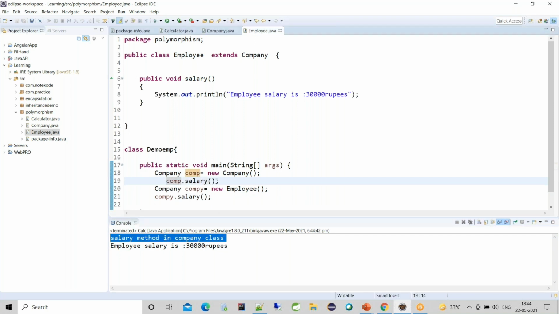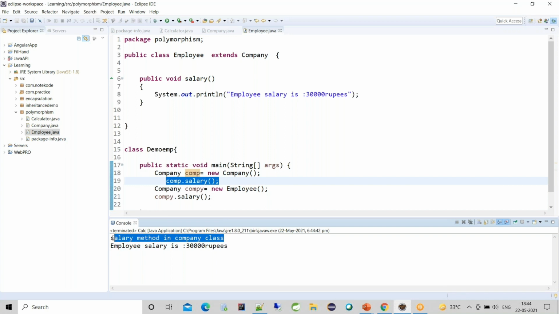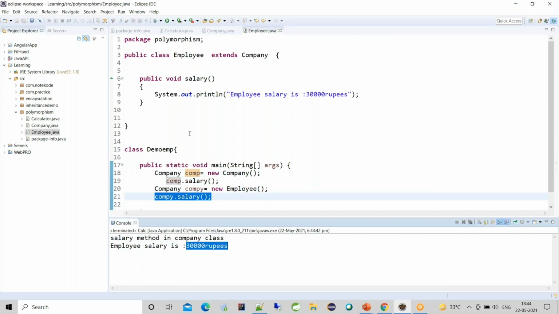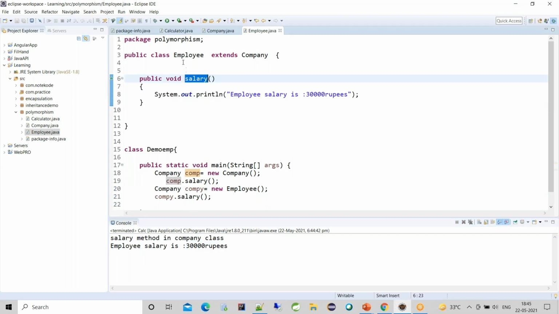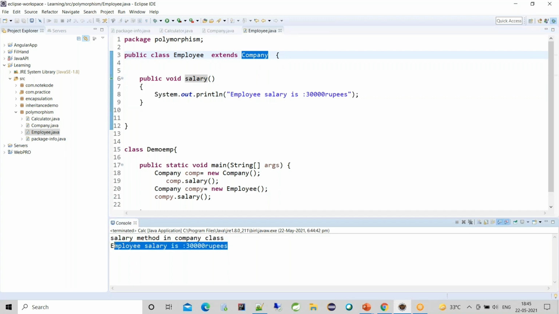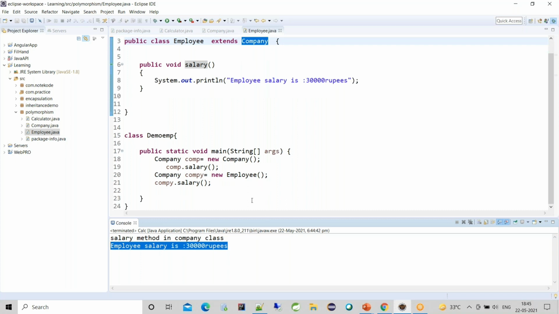Comp.salary is calling the method declared inside the company class, and this is calling the method that is being overridden by employee. So the salary method is overridden by the employee class because employee is the child class of company. So employee has salary is this. So now this is the concept of overriding, and overriding is also called dynamic binding, and it is also called runtime polymorphism.